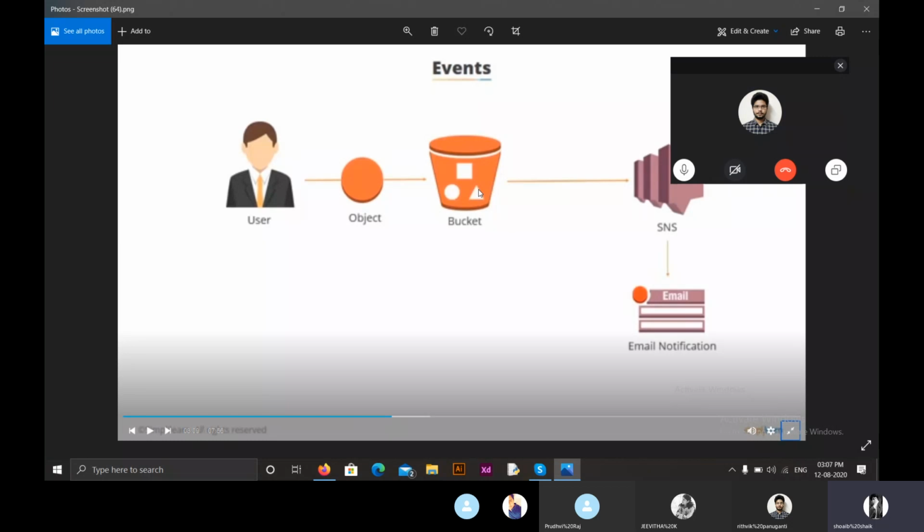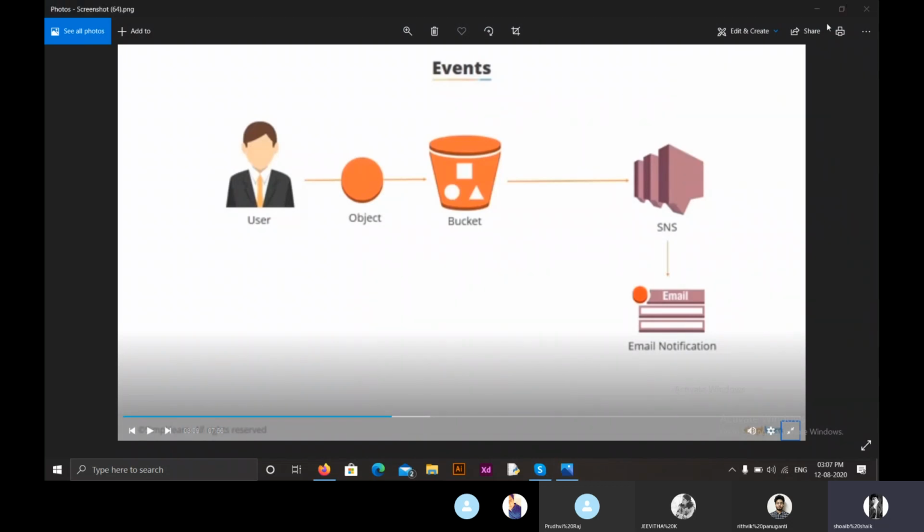Now, event management. In event management, we can create this for all the data that is present in our bucket, so that whenever we make any kind of changes to the data present in the bucket, we'll get a notification through email or anything we can set. Now we also have an option called query string authentication. This helps us to share Simple Storage Service objects through URLs that are valid for a specific period of time.